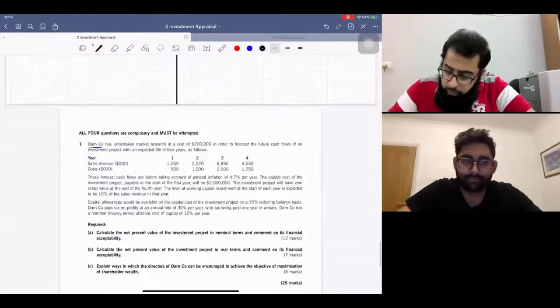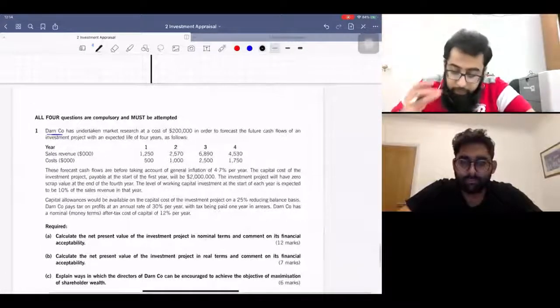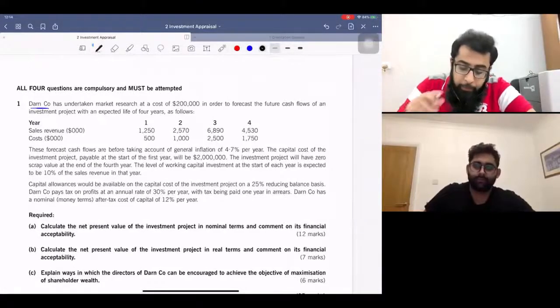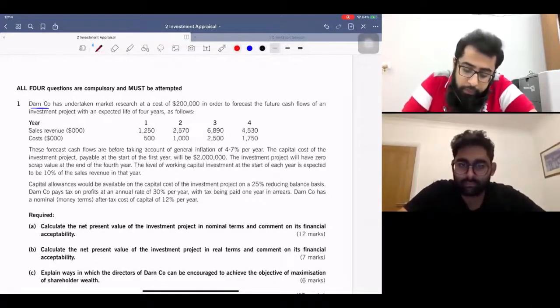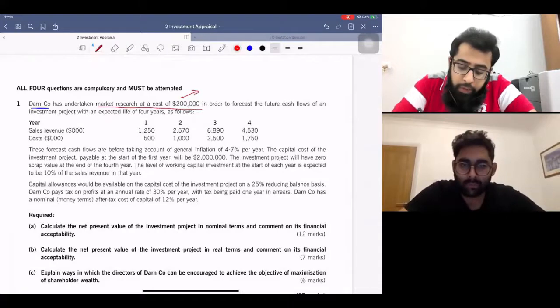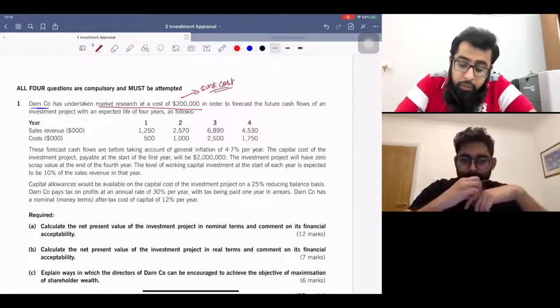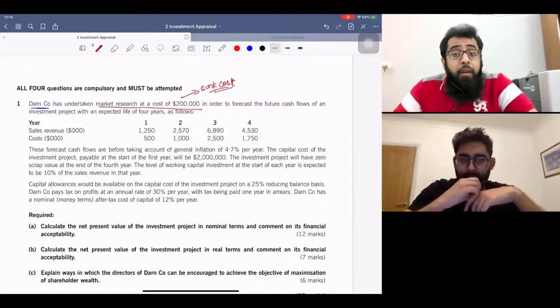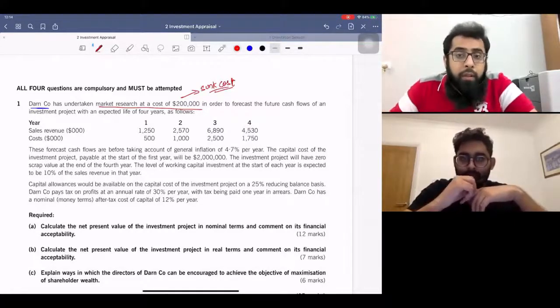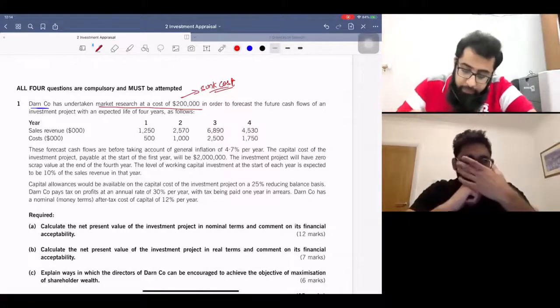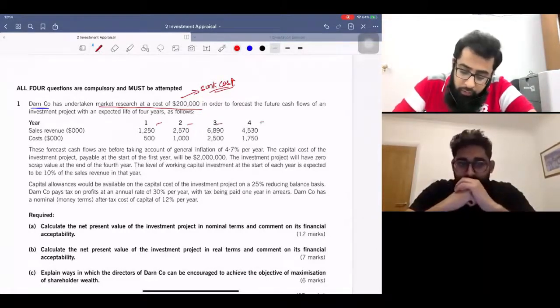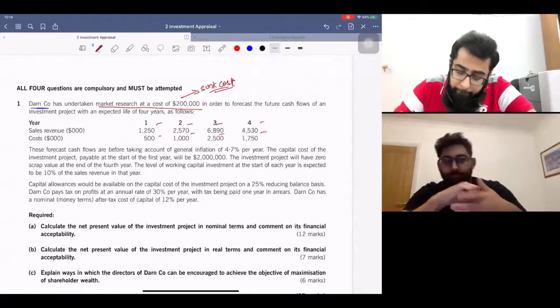And one more question which you need to do is Dawn Company. Let me help you out with some basic issues. There is market research cost of $2 lakh. It's a sunk cost, ignore it. Don't consider it in appraisal, because whether you start the project or not, your market research cost is wasted. The sales revenue, the cost,